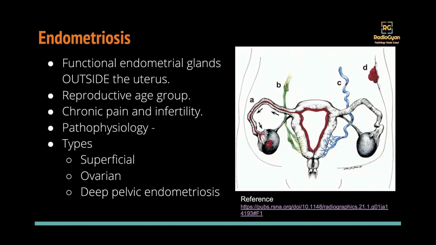So once we understand the pathophysiology, we know that's why the most common location for endometriosis is superficial endometriosis, where we see deposits in the peritoneum. These we do not see on imaging. Rarely, if it becomes large enough, we may be able to see, but the most common type of endometriosis is superficial endometriosis. The next common site is ovarian, which we see commonly, and that was our case. And the last one is deep pelvic endometriosis, which not a lot of people are aware about, and we'll talk about it in our class.